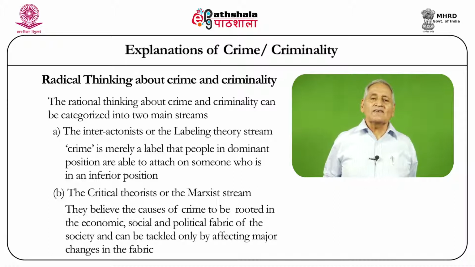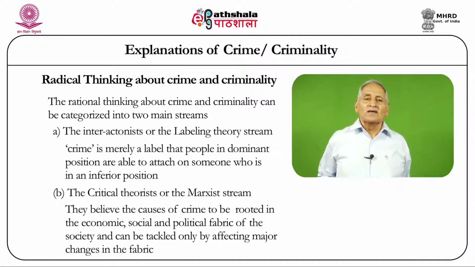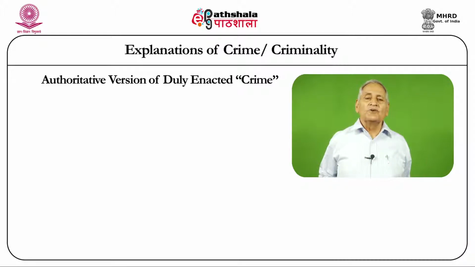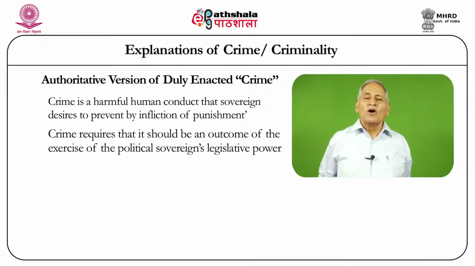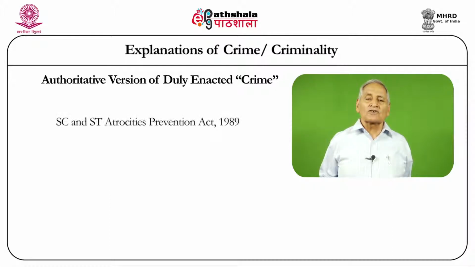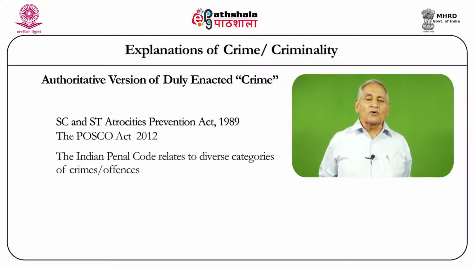As against these four major criminological explanations, there is a fifth, which is the dominant one, the authoritative version of duly enacted crime. Duly enacted crime says crime is a harmful human conduct that the sovereign desires to prevent by infliction of punishment. Crime requires that it should be an outcome of the exercise of the political sovereign's legislative power. Therefore, if the legislature is free, the sovereign is free to make crimes. The instances are like the SC and ST Atrocities Prevention Act of 1989, the POCSO Act of 2012, the Indian Penal Code,